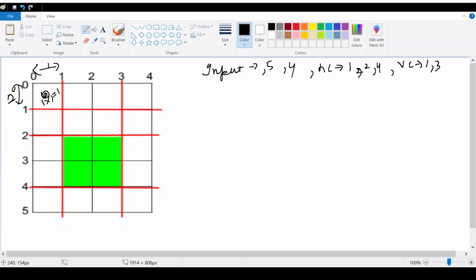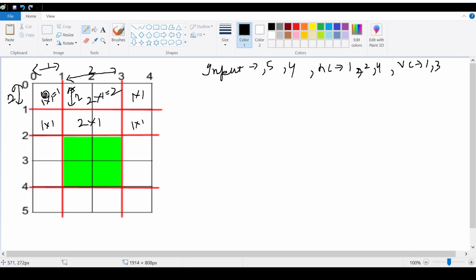Like this, if we move to this block, its area will be 1 into width 2. So its area will be 2 into 1 equals to 2. Like this, the next block's area will be 1 into 1. Next block area will be 1 into 1, 2 into 1, and 1 into 1.